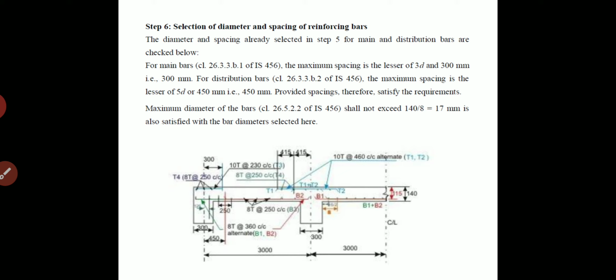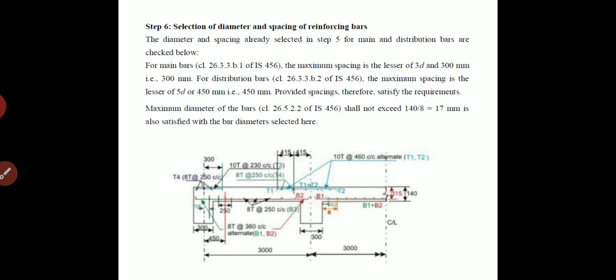For main bars, selected from clause 26.3.3.b.1 of Indian Standard Code 456/2000, the maximum spacing is the lesser of 3d or 300 mm. So we select the maximum spacing from these values, whichever is minimum.